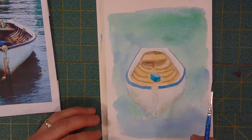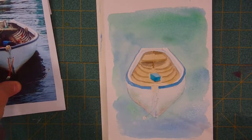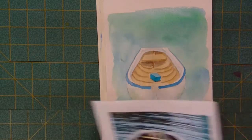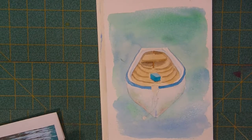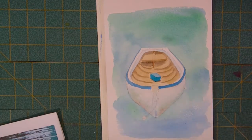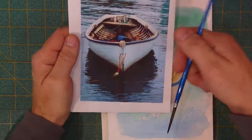There we go. Our shadow's kind of coming this way. You can see that clearly from our boat. What happened? All of a sudden something flipped onto my page. Get off. What is it? I don't know what that is. So our shadow's kind of...